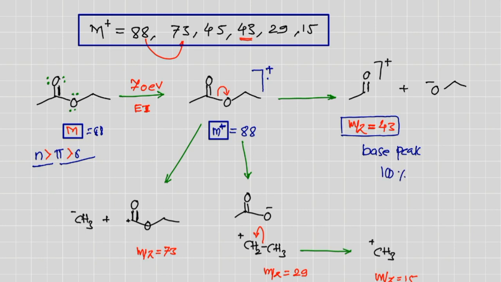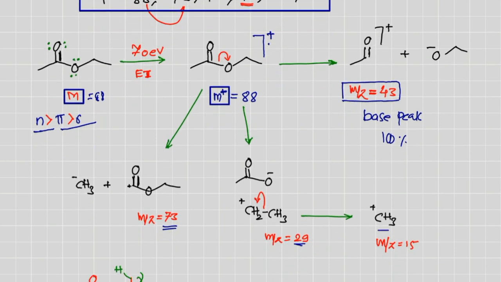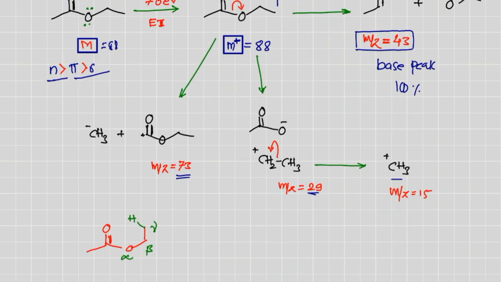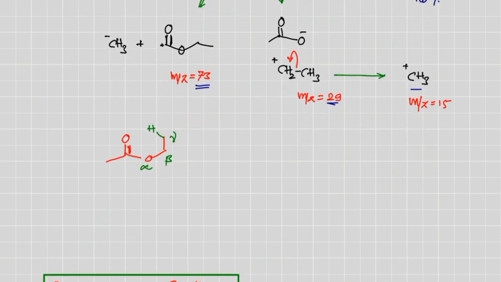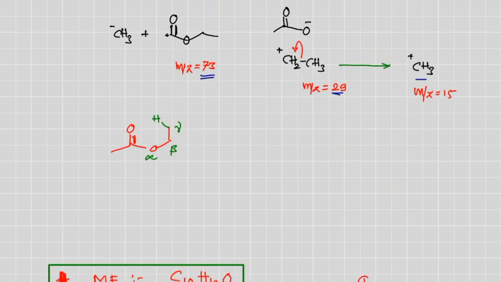Okay, the second fragment is due to the loss of what? 73 is due to the loss of methyl. Then 29 is the loss of what, CH3CO negative, and 15 means only CH3 plus. So fragmentation will lead to, if you combine all the fragments, you will get the idea about the total structure. Okay, so mass spectrometry is also one of the interesting techniques to elucidate the correct structures. Even that molecule also participates in one McLafferty type of rearrangement reaction.